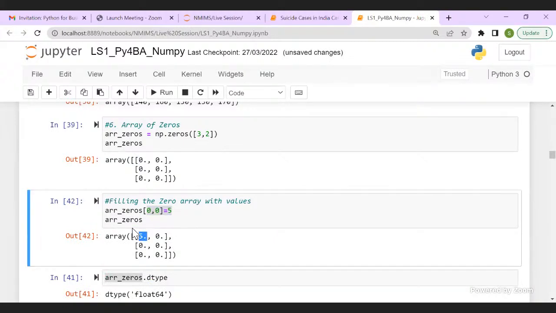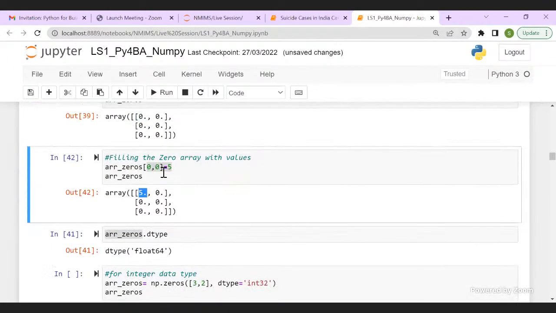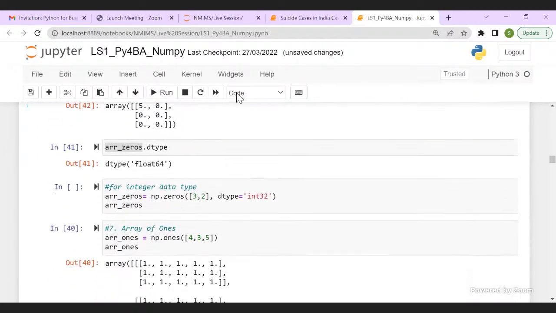So this is how I can fill my zeros array or my ones array with the data. Now, if you don't want data to be float type, you don't want these decimal points, you know that your input stream is integer.